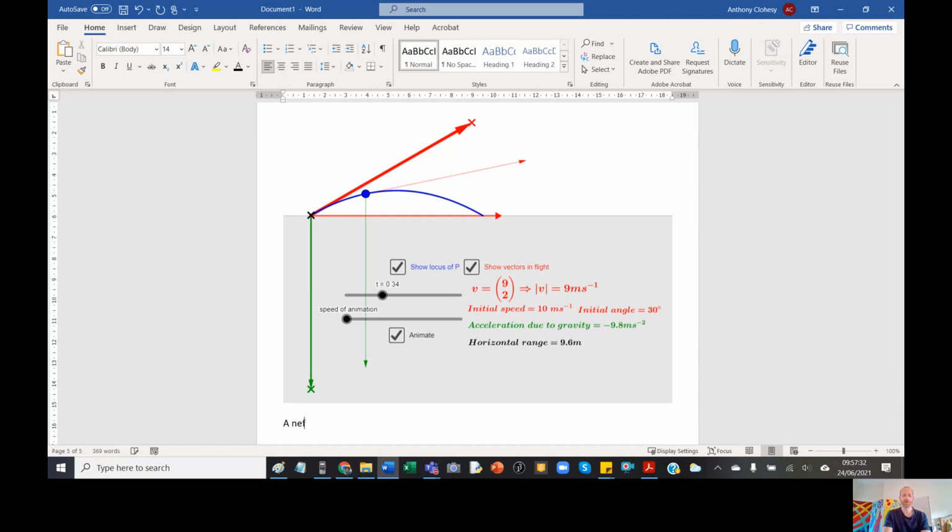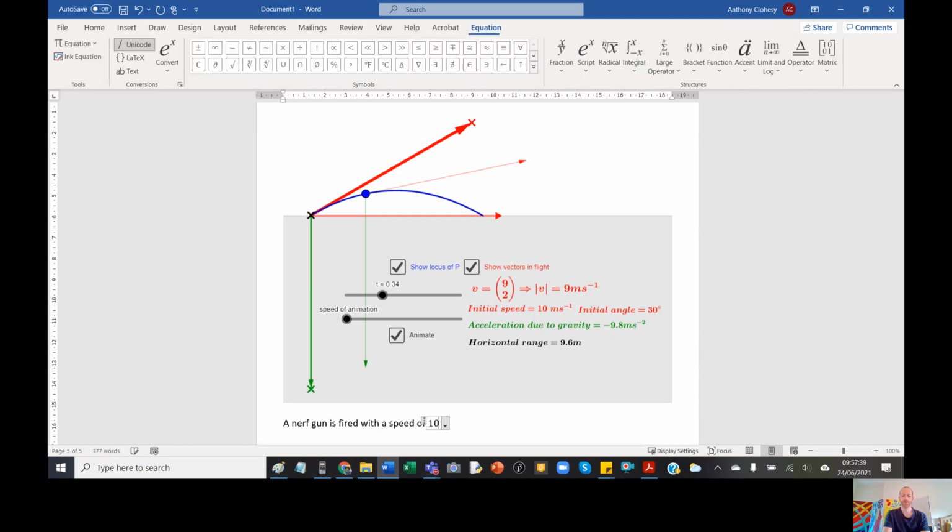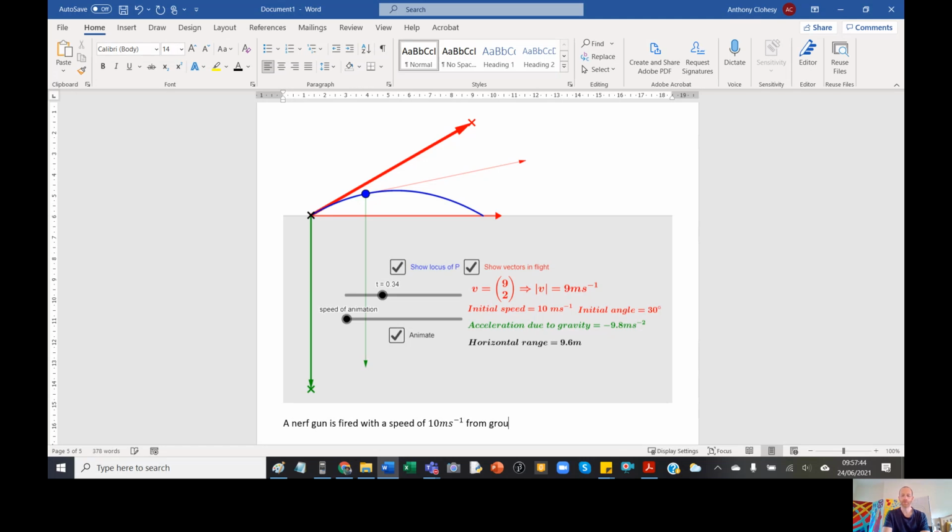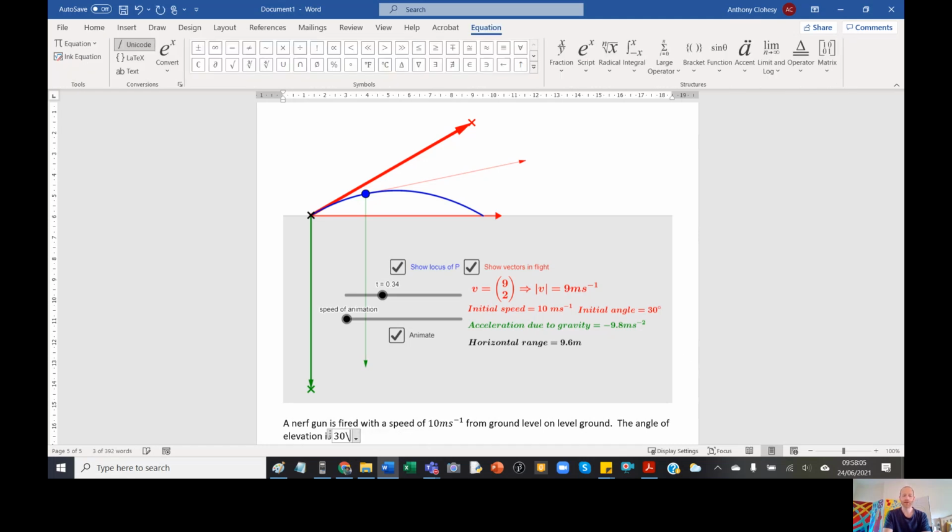Let's do this. A Nerf gun is fired with a speed of 10 meters per second from ground level on level ground. In other words, we're not firing it up onto a hill or up a slope or into a dip. It's basically from flat ground onto flat ground. The angle of elevation is 30 degrees